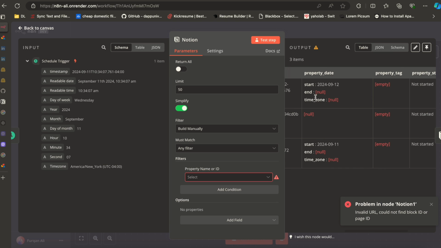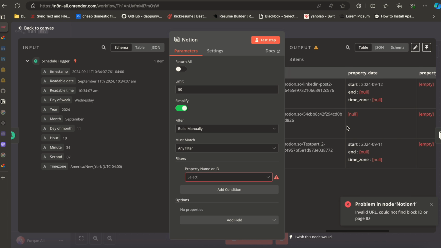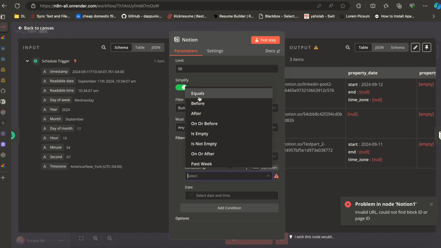We are saying that if it is matching today's date, which is 9/11, so we don't want this, this is tomorrow. 9/12 is tomorrow, today is 9/11. So we want the 9/11 post today, and this is the one we want tomorrow. So we have to make a condition on date. So we say select date, filter date, condition equals,